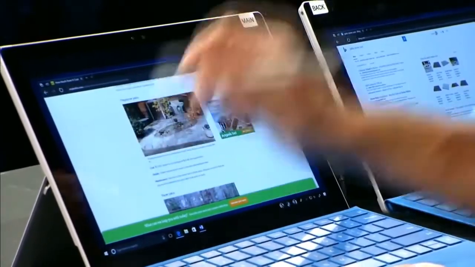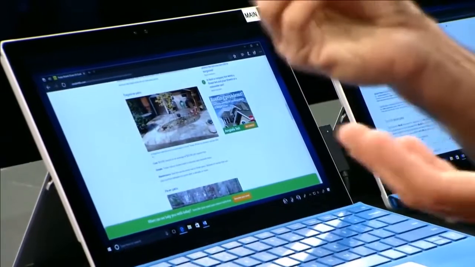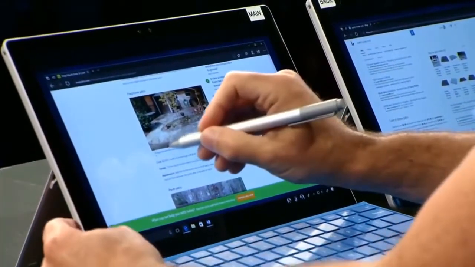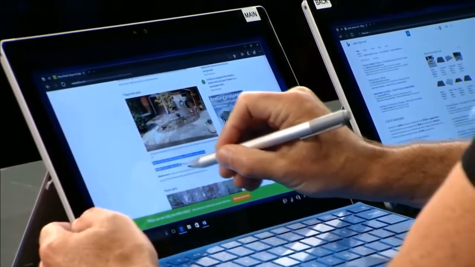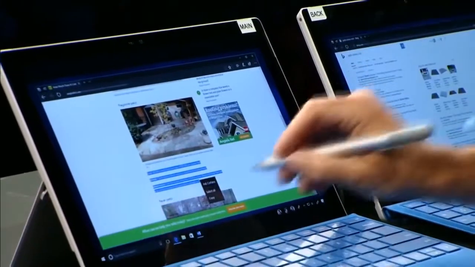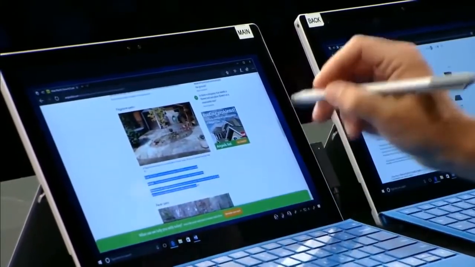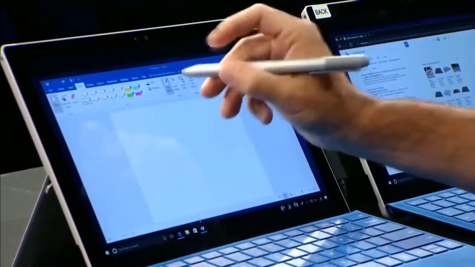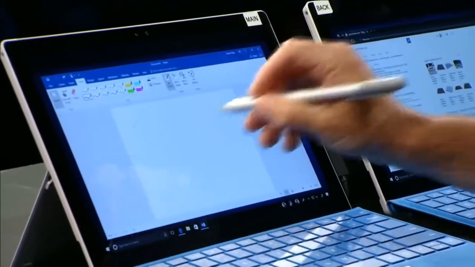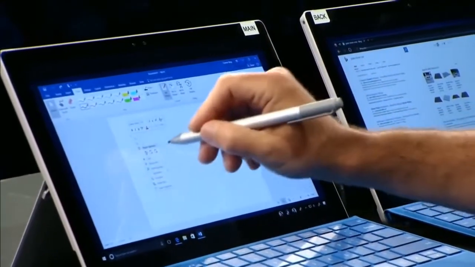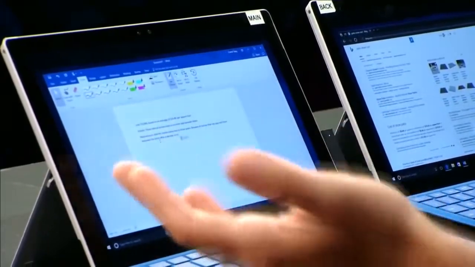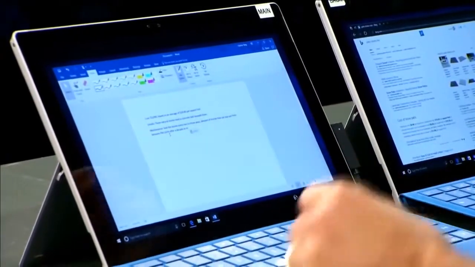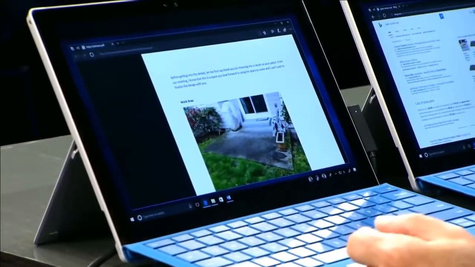And we've thought not just about the navigation, but also about things like selection. So I'm going to press the barrel button on the pen and just drag here to select some text. I get a context menu. I can copy. I can switch to Word. I can, again, use the barrel button to get a context menu. I click, I choose paste, and it's as simple as that to move quickly between apps and experiences,